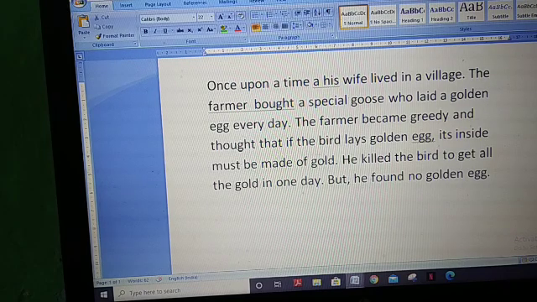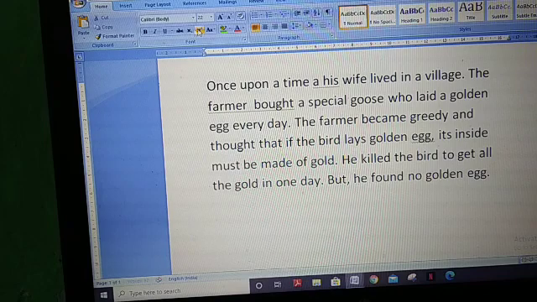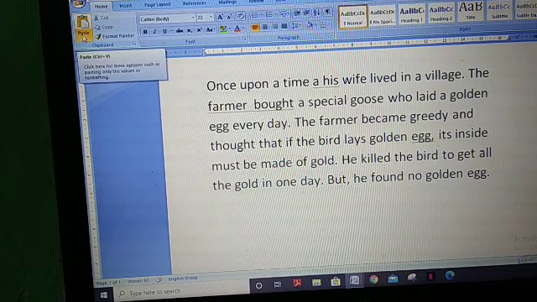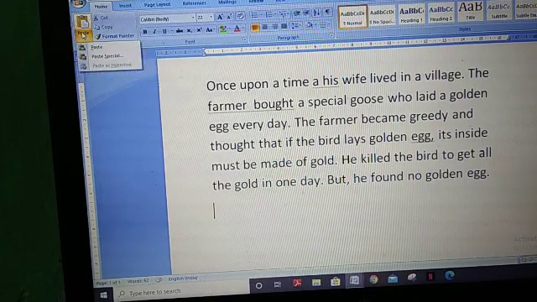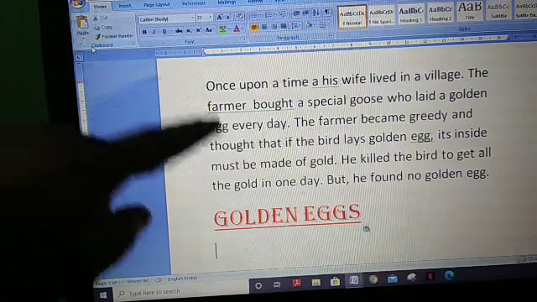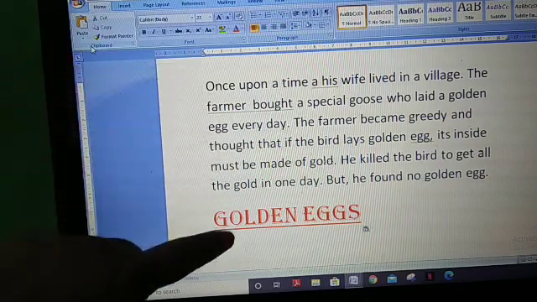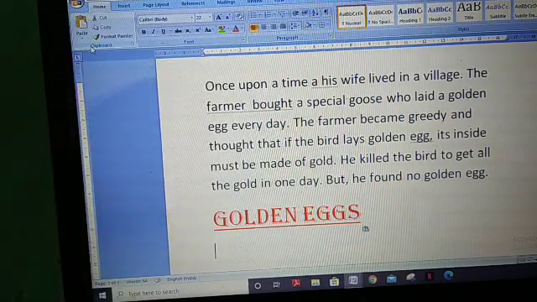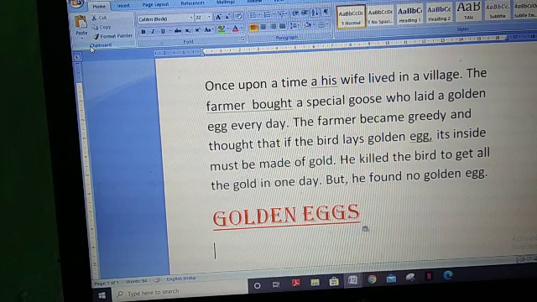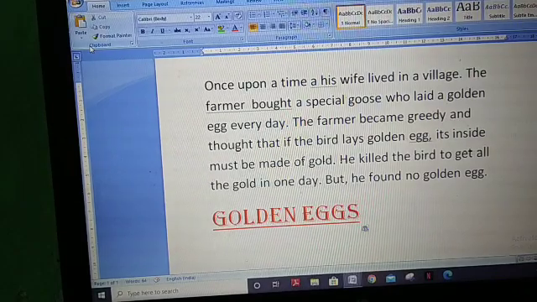We will move this heading. Now this time, again go to the paste command. Paste command here. Click. See, this heading was at the top of the page, now it has come at the bottom of the page.